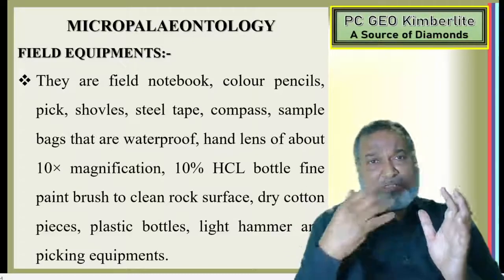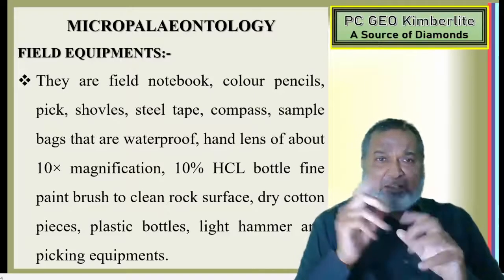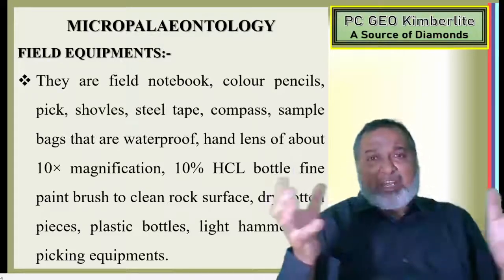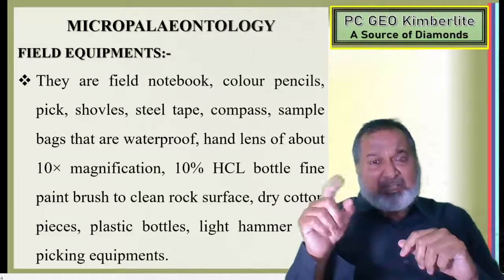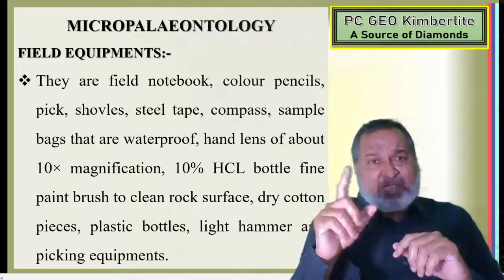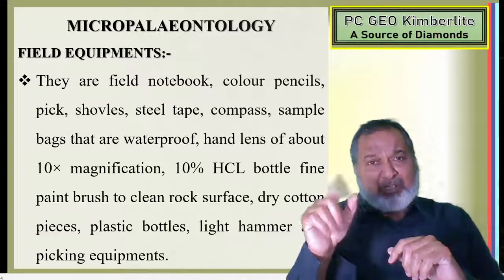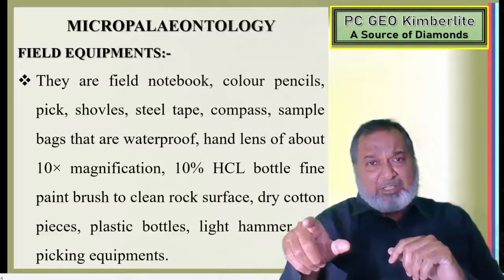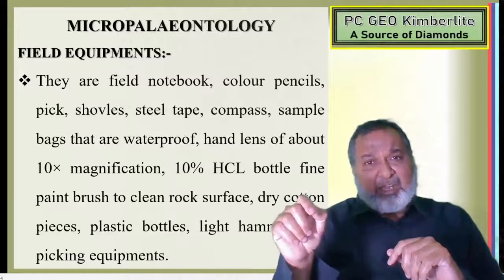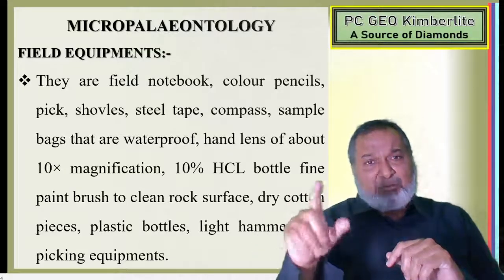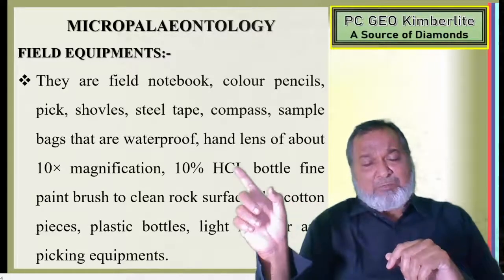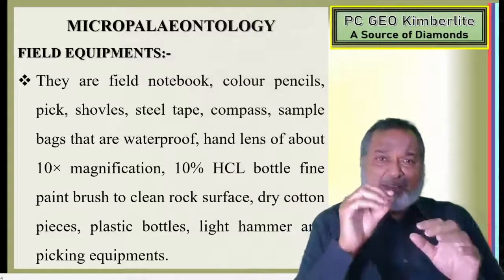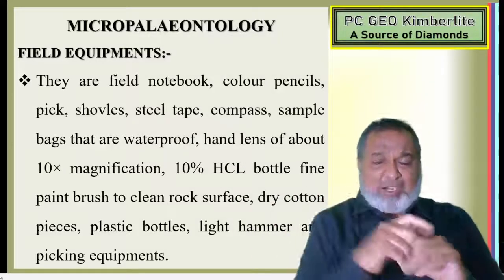For example, today is my first day. Say 10 people are there. So I will write first SH, that is my initial. SH/1. That is first location, first day, first sample. Whatever I'm going to get, 1, 2, 3, 4, that will be the number that will be written down, and the same number will be written over there.